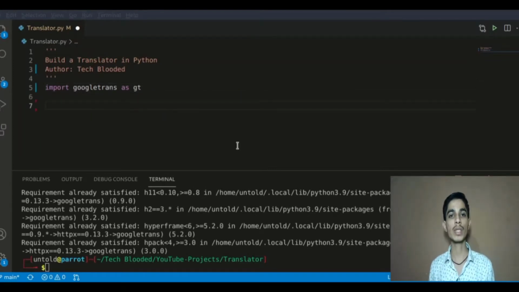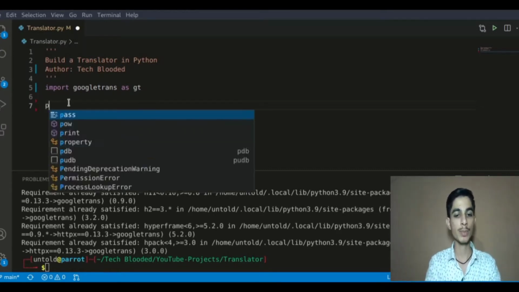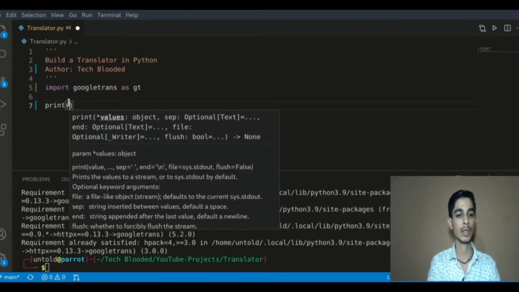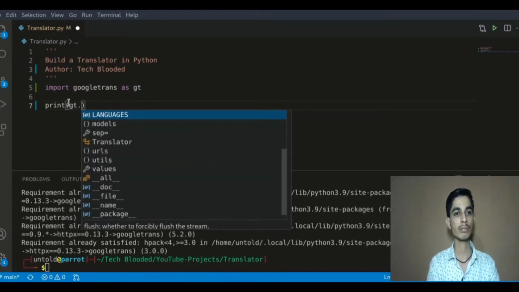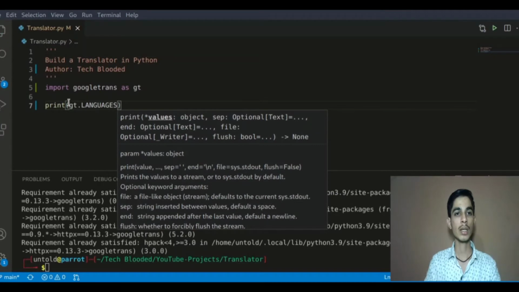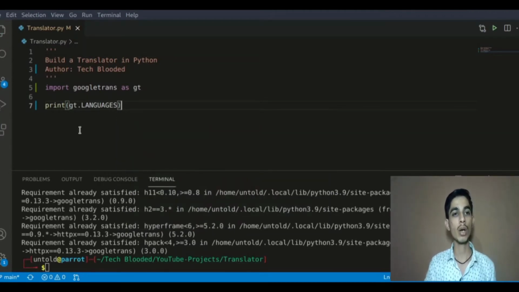Now let's check which languages googletrans supports. To check the languages it supports, we need to use gt.languages. So let's print gt.languages and we will get all the languages which googletrans supports.